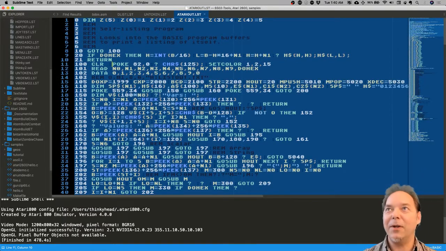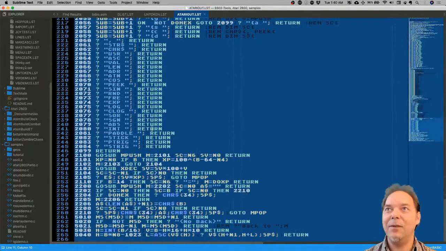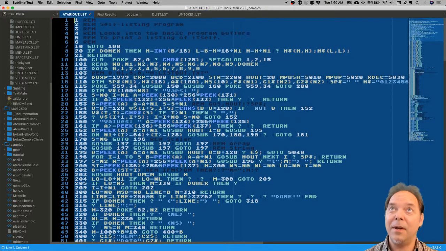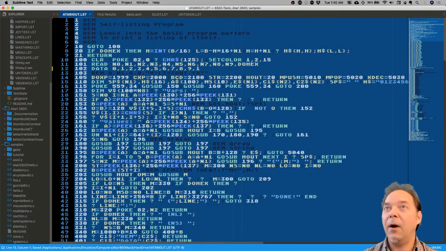And we can take a quick look at this program, which is huge, but I'll run through the basics of it. Line 0 is our test line, so that was one that we could see was actually getting listed properly. I don't know, maybe when it was in that other mode with do hex set to 1, it didn't like it. We'll see. But anyhow, the first thing we do, and this is an interesting optimization in Atari BASIC,